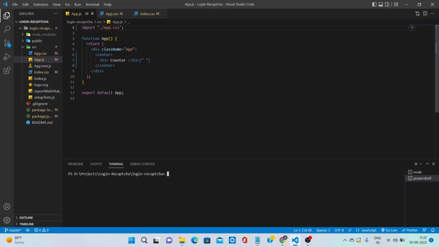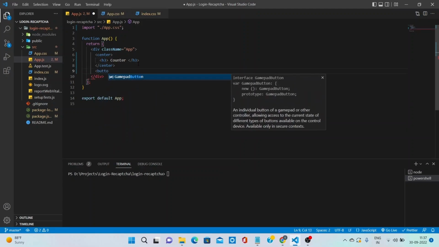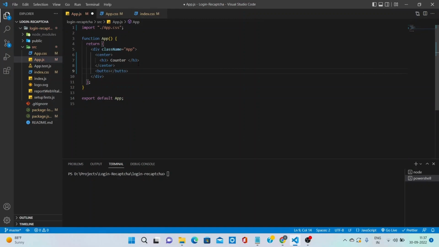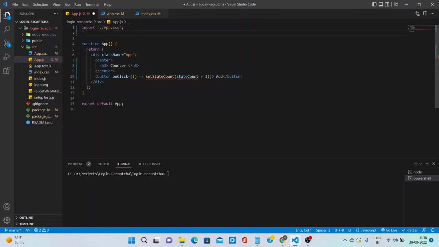So I have created a dummy application for you, as you can see, and we will be making a dummy counter application. So I'll create one button, and I'll name this as add, and here I will create an on click function and set state count is equal to state count plus 1. So we will import state from React,